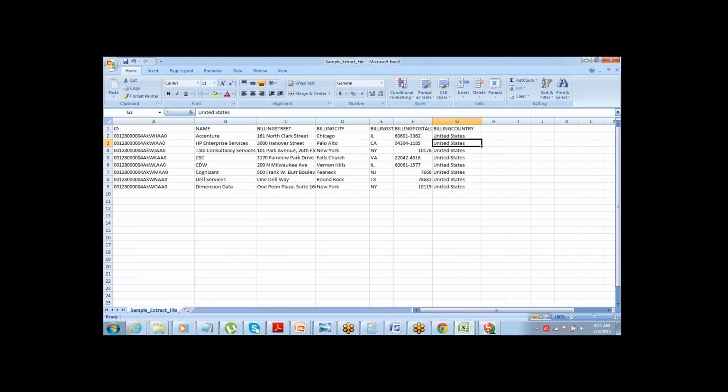Clear on it? So we are able to insert the data, we can update the data, we can delete the data in bulk, and we can also export. So this is how these things would work. Let me know if you have any questions or queries here. Any doubts? Vipula has a question.